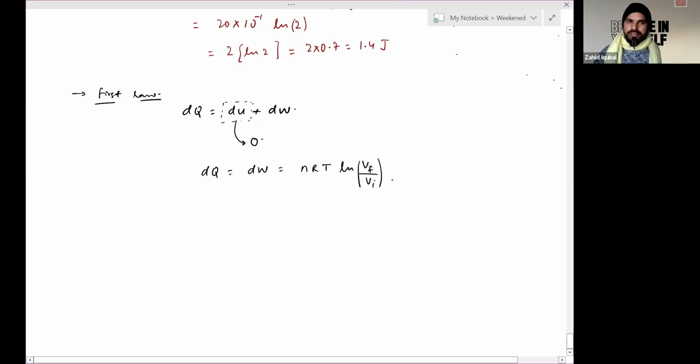But the internal energy will have some value in the case of change of state for water. So you'll be asked to calculate the change in internal energy during fusion and during vaporization. So how will you calculate? First, for fusion,